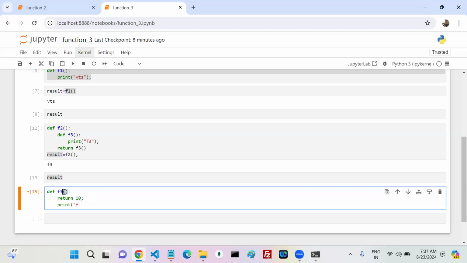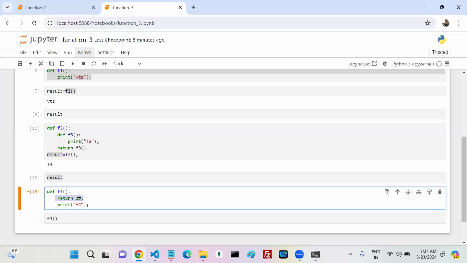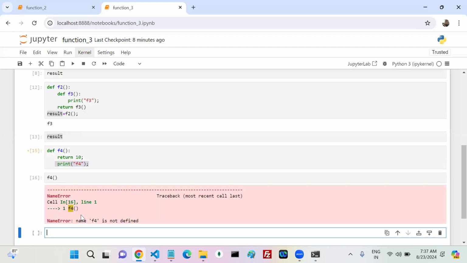Can I do f4? If I call my f4, will f4 print or not print? It will not print. It will never print, in any programming language. After a return statement, if you write some statements, those are unreachable statements. If I come here, f4 is not defined.